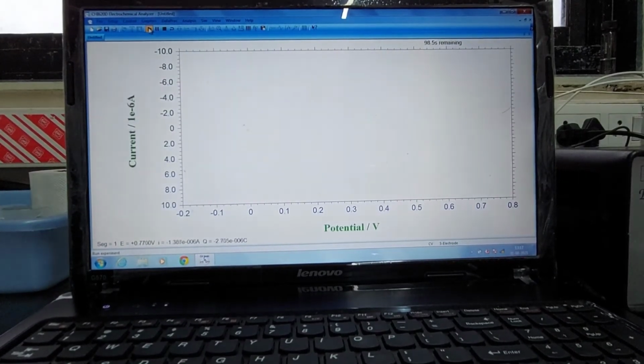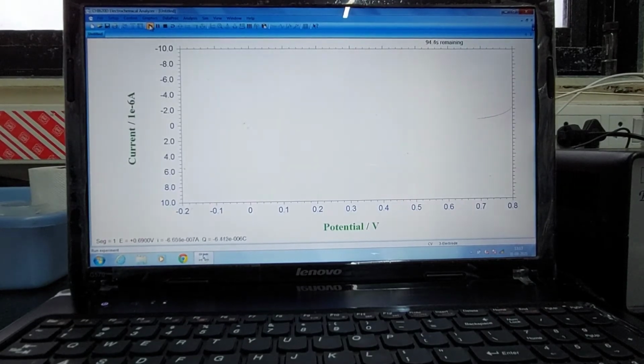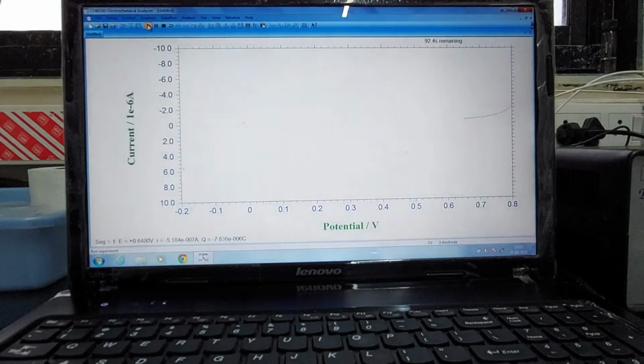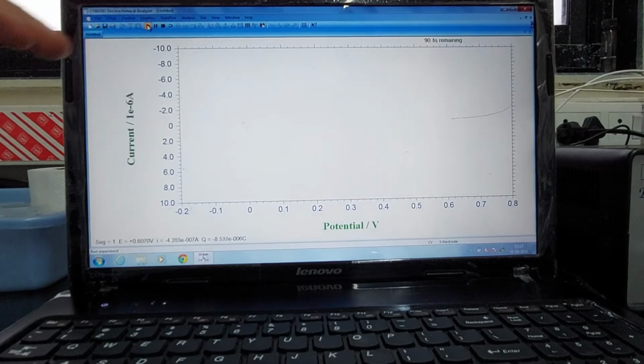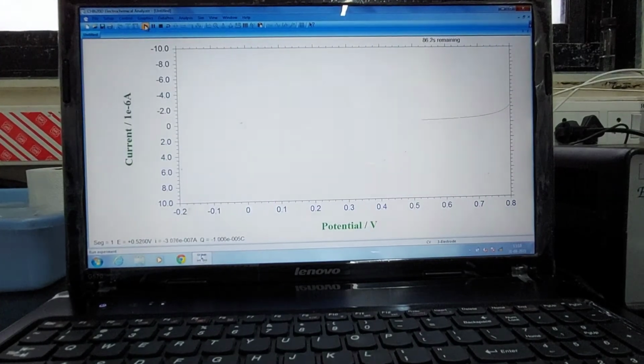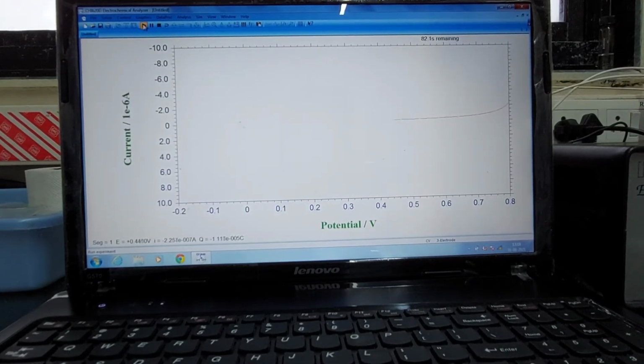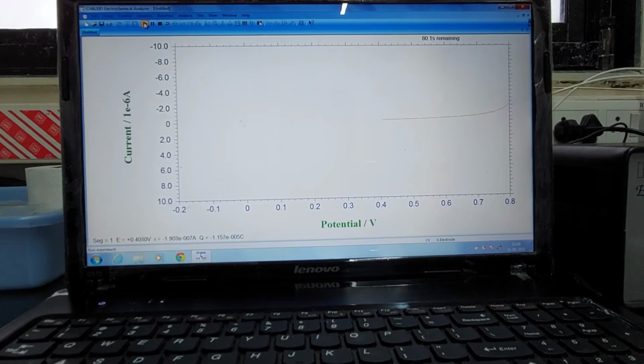Now see, you might not be able to feel the difference of the peak height here, because we are doing one graph at a time, right? One measurement at a time. Previously we had done 1 millimolar ferricyanide. Now we are doing 2 millimolar ferricyanide.